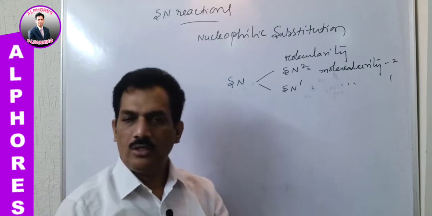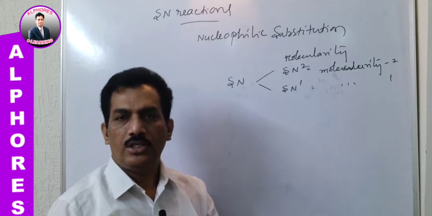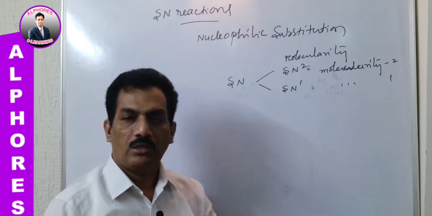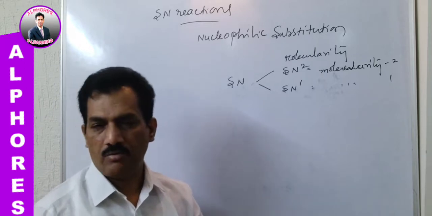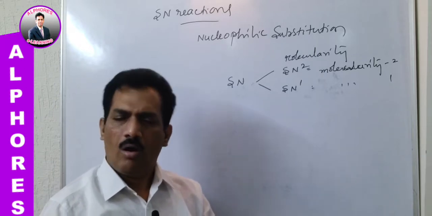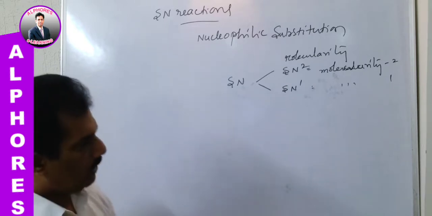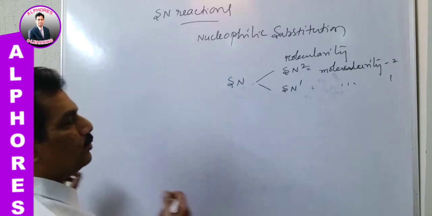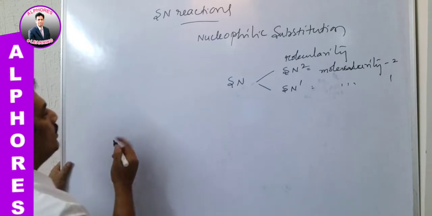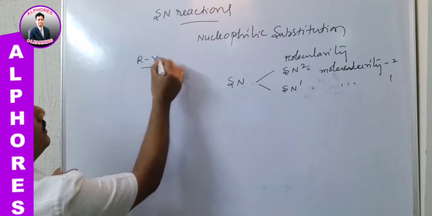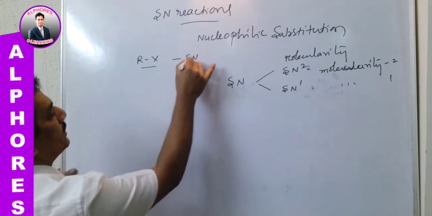We have to consider different factors that we observe in SN1 and SN2 reactions, including the stereochemistry. Just observe what is going on in these SN1 and SN2 mechanisms, and thereafter what other factors influence them. All this I am going to explain in a brief manner, and just you follow.